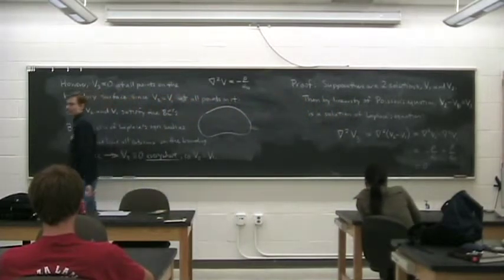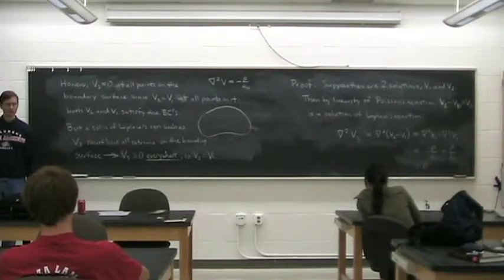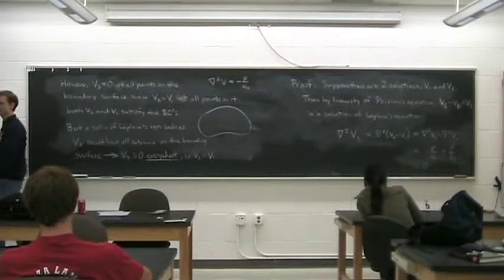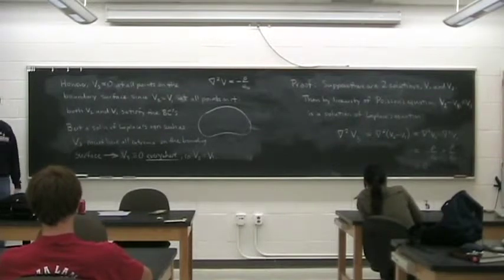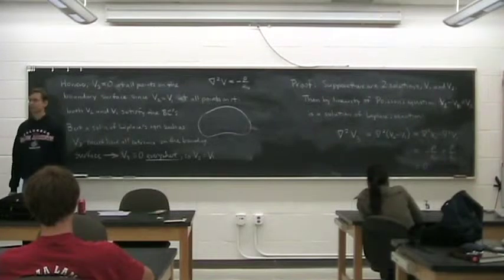Therefore, if you have a solution, it must be the solution. So if you can find a solution of Poisson's equation that satisfies the boundary conditions, you specify V on the boundaries, you're done. There can't be any other possibilities that you're overlooking,